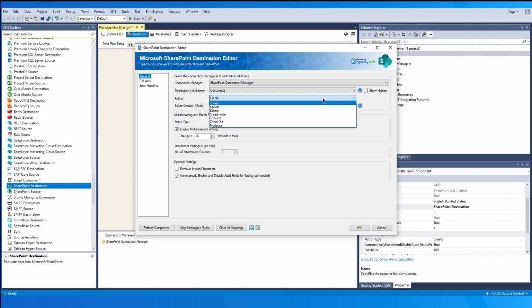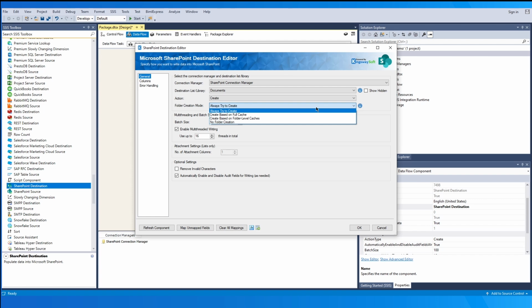content approval in SharePoint. The Folder Creation Mode option allows you to choose the mode for creating folders on the fly while processing the incoming rows. There are 4 modes to choose from. The first one is Always Try to Create, which is the default option. This will attempt to create the folder structure for each record received using a try and error approach and a